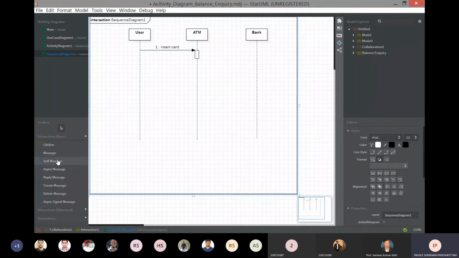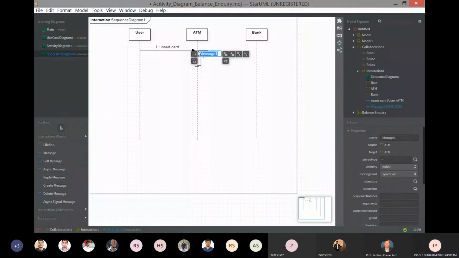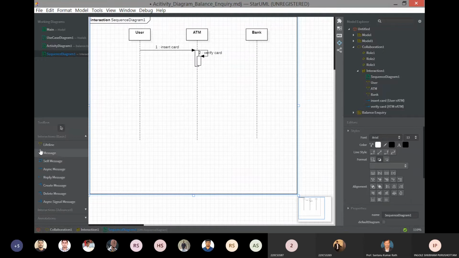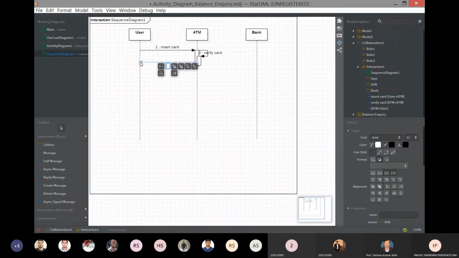The third option is the self message. You can also use this: after inserting the card, the ATM will verify the card. You can see the reply message; there's an option for reply message. So it will request for PIN.